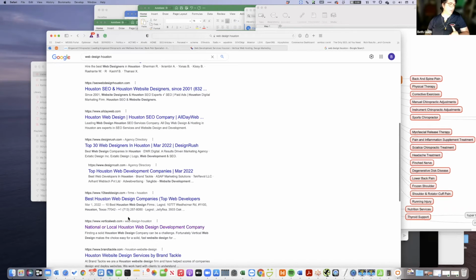I haven't put a lot of effort into getting it to the next page. I will, but I haven't. But even so, we're sitting here on the second page at 16. And I'm pretty happy with that, on something that's just one page on my website that I haven't well developed or fleshed out.